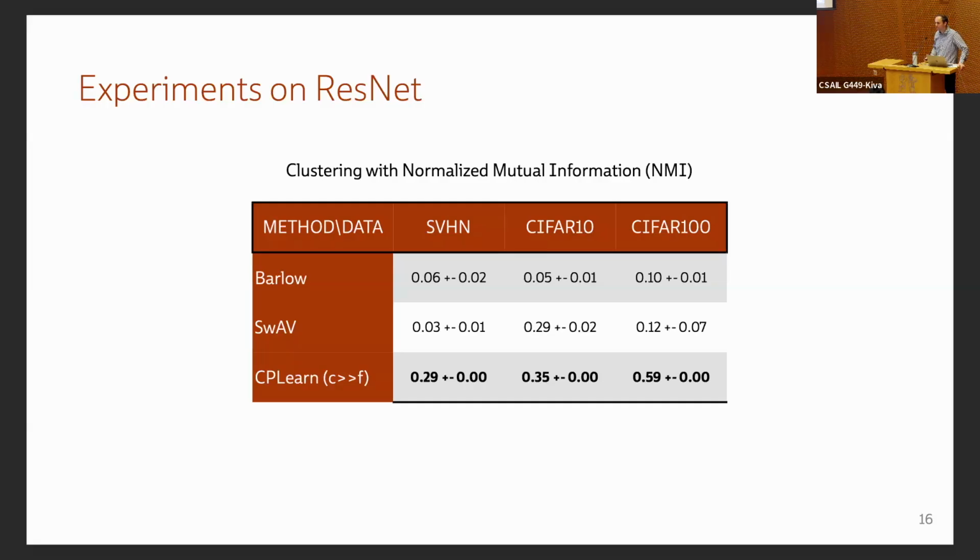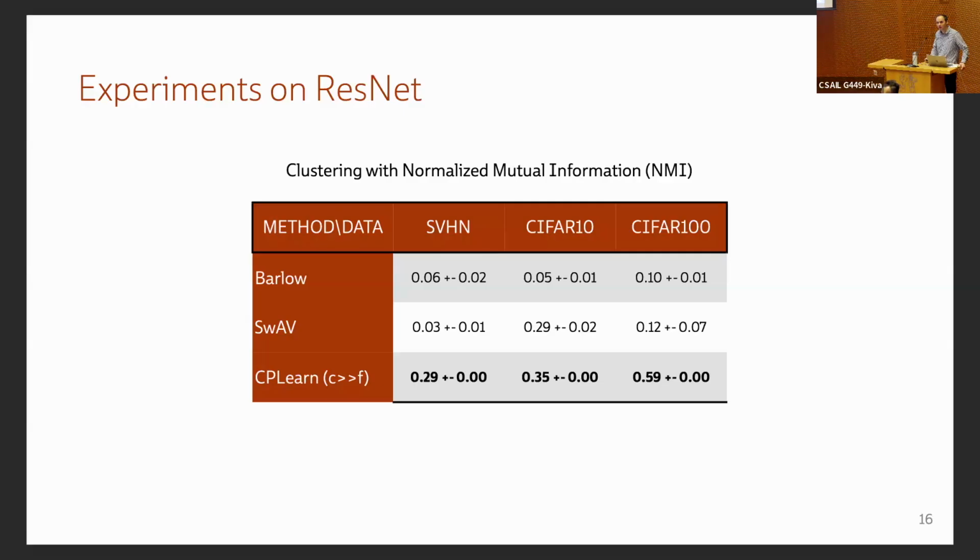How large? I have the numbers, if I can go back. Please remind me, and yeah, we can do that. This is like a clustering metric. Yes. Then where is the ResNet coming from? So you're taking the output from the ResNet embeddings, and then you're applying your method. Yes, exactly.